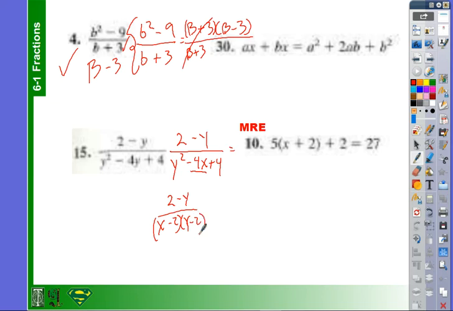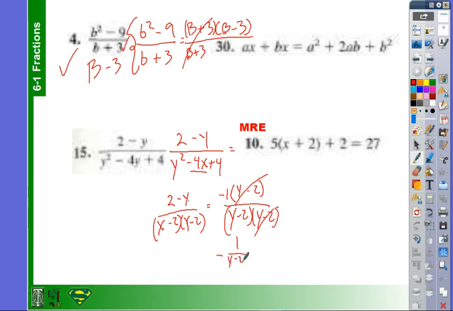Well, life would be great if I had y minus 2 in the numerator, but I don't. So I need to factor out a negative 1. So if I factor out a negative 1 from this, the negative 1 doesn't disappear. And 2 divided by negative 1 is, well, negative 2. Negative y divided by negative 1 is y. And so that's over y minus 2 times y minus 2. And I can reduce that, and I'll end up with a negative fraction of 1